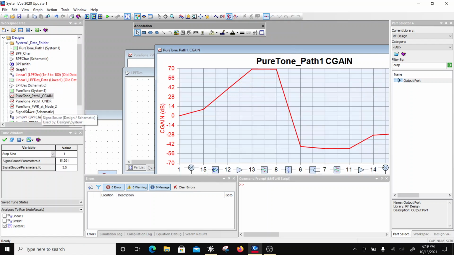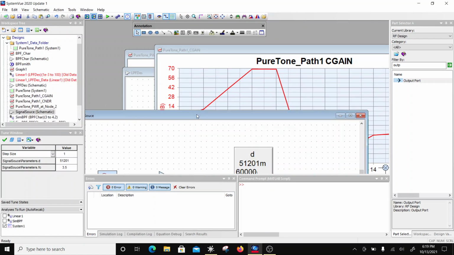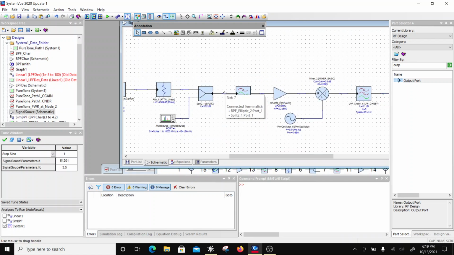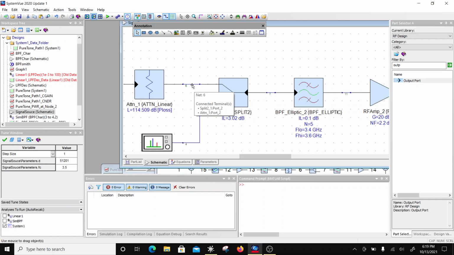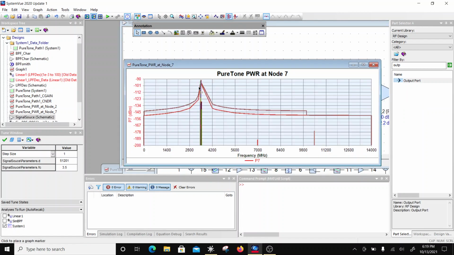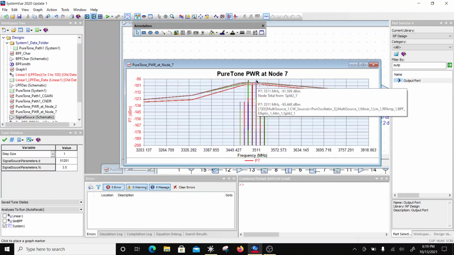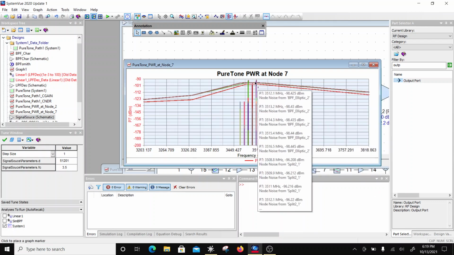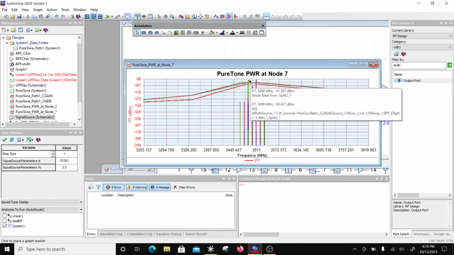So if I go here to this chart and plot the same power curve at the input of the receiver, which is over here, right? Which is over here. No, over here, sorry. So at this point, if I was to plot the power graph, okay, and if I go here, look at these two numbers. So this is minus 91 and minus 91. So this is going to be 87. Okay. So this is the minimum power